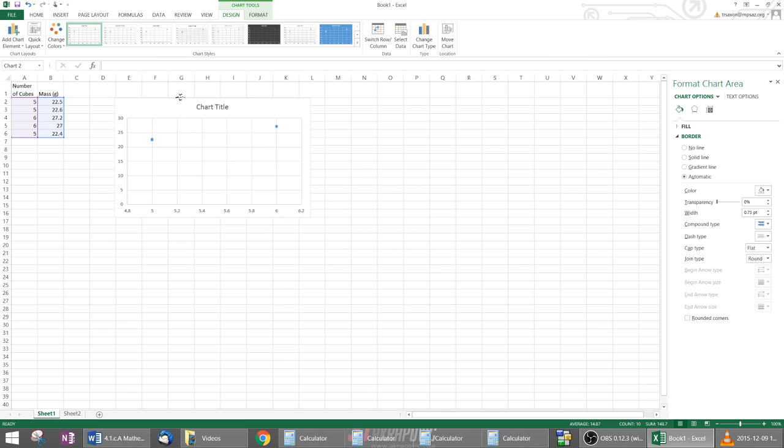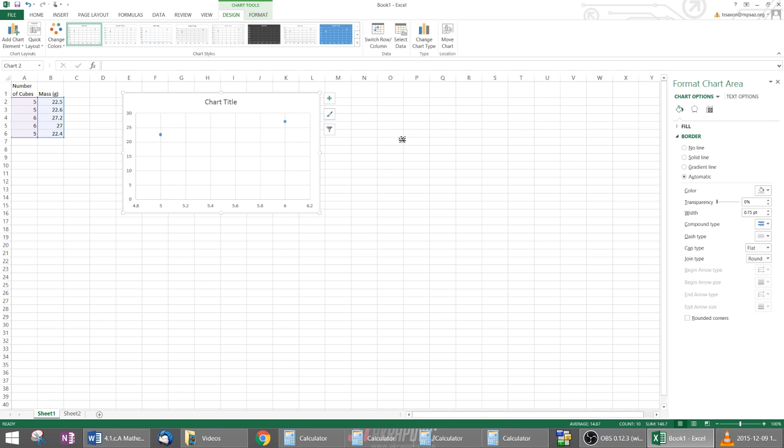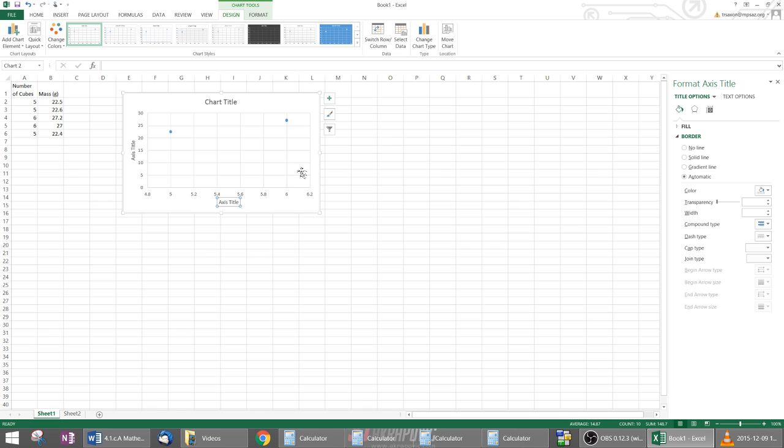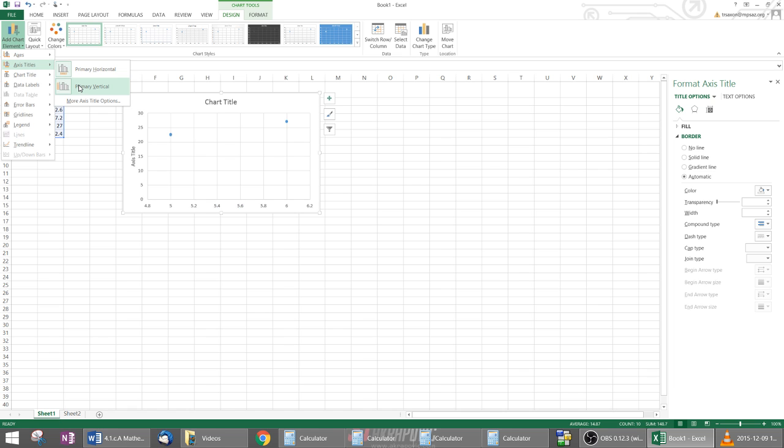I can grab it and drag it and move it around. So that's my scatter plot. The next part of the exercise tells you to add some chart elements. That's this upper left hand corner, where it says add chart element. Click on that drop down and I can add different things. What I want to add is some titles to my axes. I can click right here on more title options and add them, or I can just add them as elements. I'll add them as elements. I'm going to add a primary horizontal and a primary vertical. So primary horizontal first,